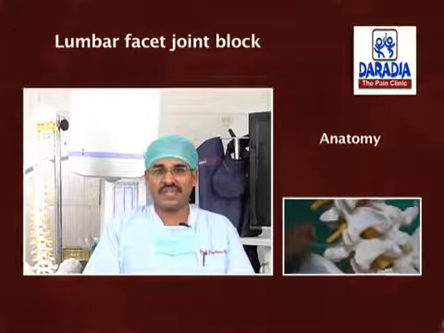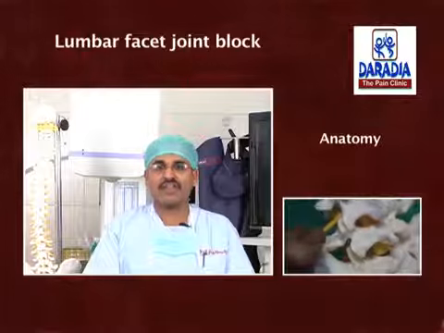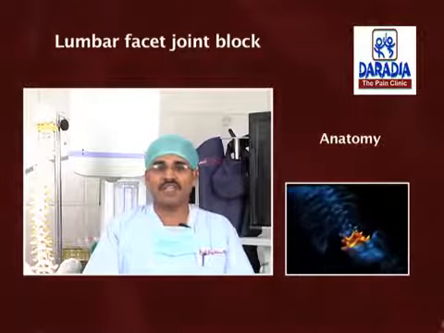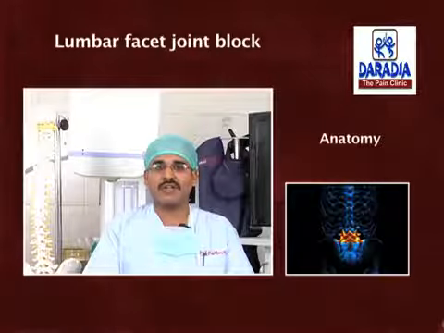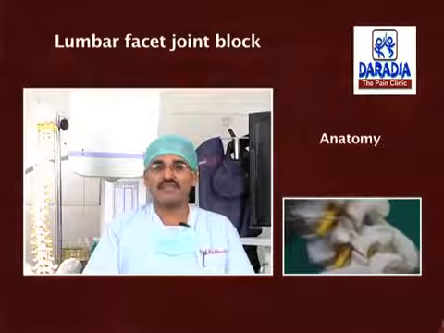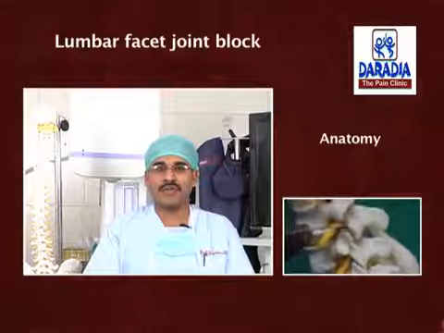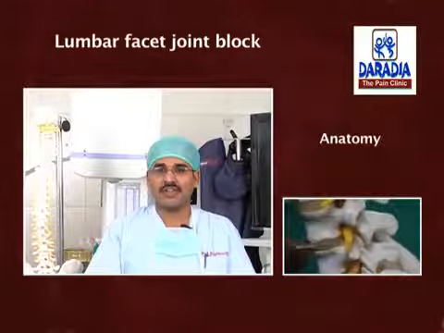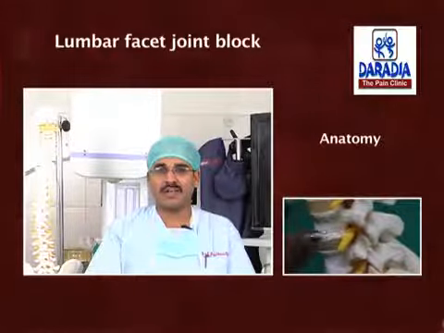Whenever you have difficulty entering the facet joint, then you can target the inferior recess. Anteriorly, the fibrous capsule merges with the ligamentum flavum, and it is difficult to isolate it separately. The facet joint forms the posterior boundary of the intervertebral foramen, and this point is very important whenever a patient with facet joint arthropathy presents with lumbar radiculopathy.